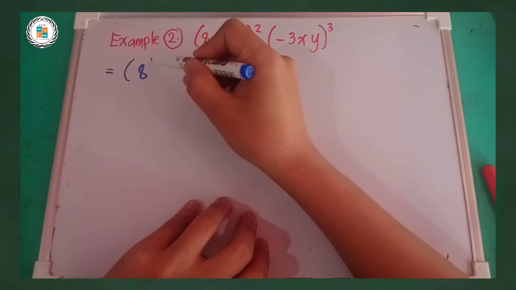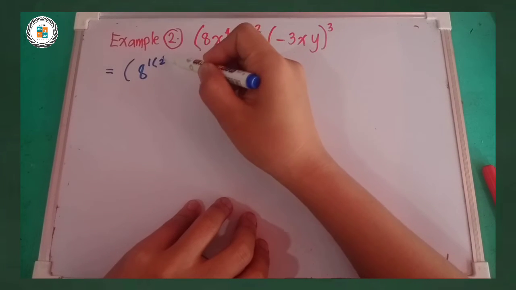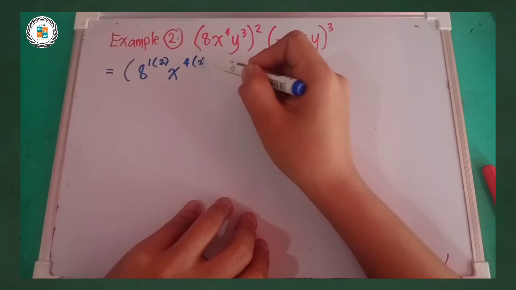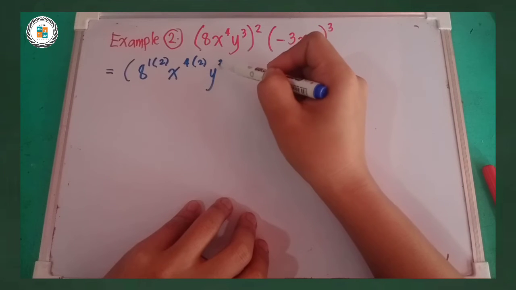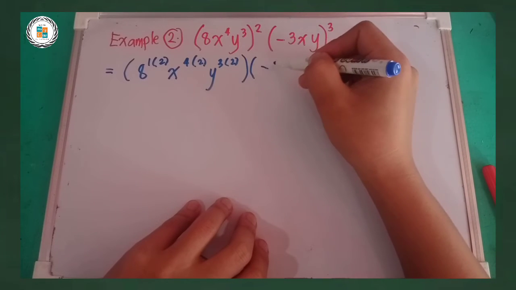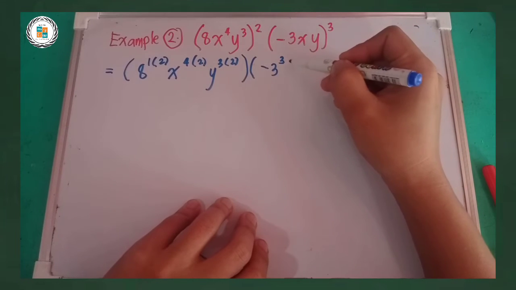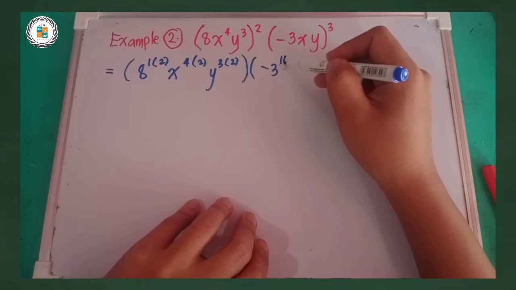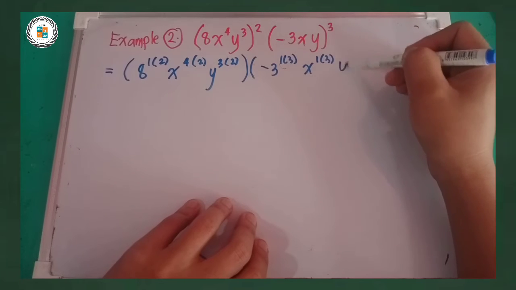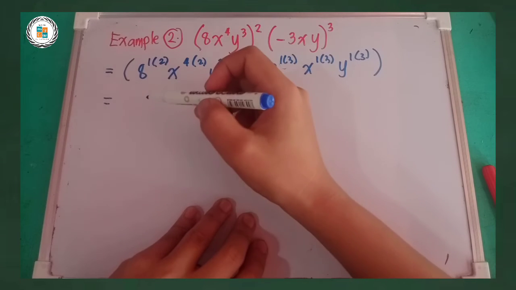8 raised to the power of 1 times the exponent here, which is 2. Then x raised to the power of 4 times 2, followed by y raised to the power of 3 times 2. Okay? Times negative 3 raised to the power of 3. Okay? Raised to the power of 1 times 3, followed by x raised to the power of 1 times 3, and y raised to the power of 1 times 3. Okay, let's simplify. It becomes